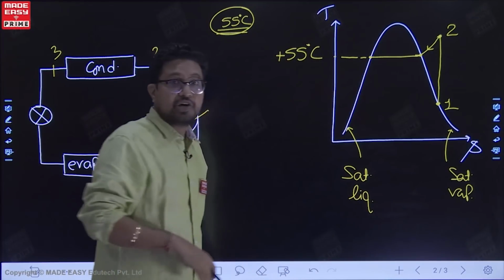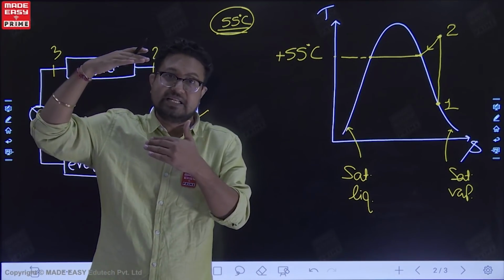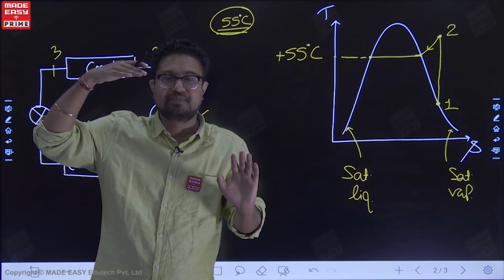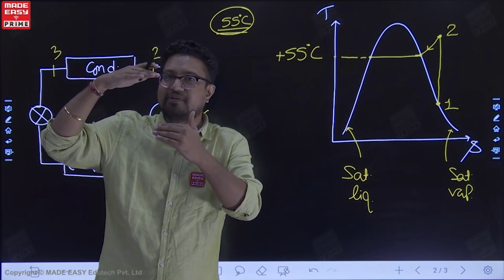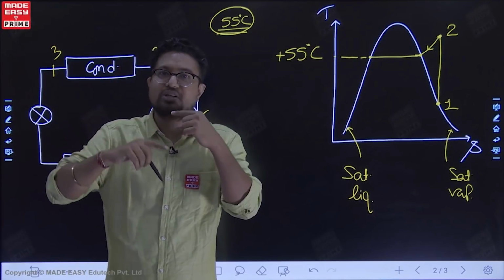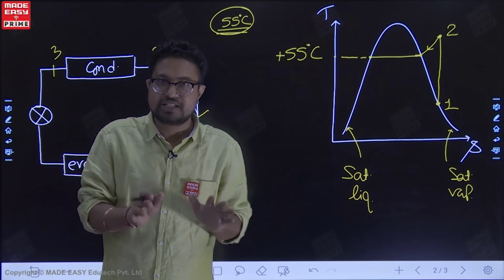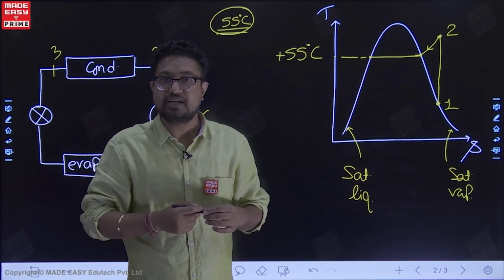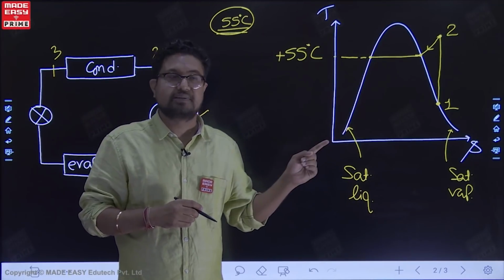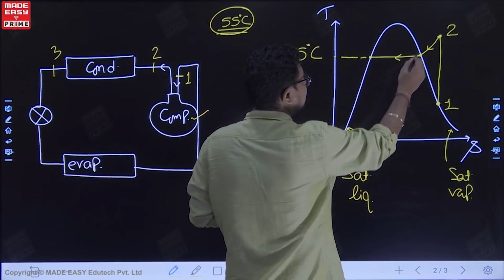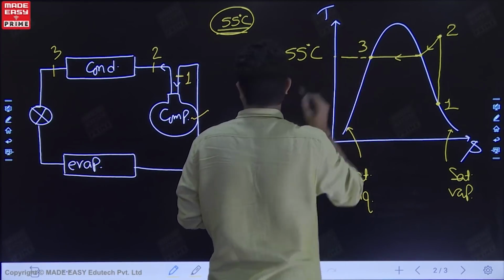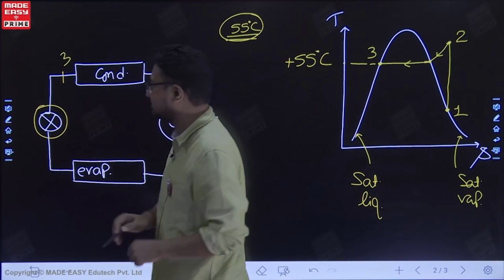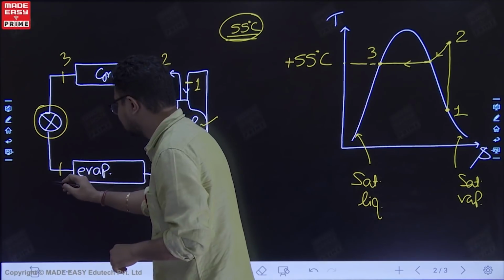That means you can be above surrounding conditions, that is, the surrounding temperature is 45, I have taken for an example, our temperature is 55. So you can be above the surroundings because during phase change the temperature is not changing, and you can continuously reject heat also. That is the benefit of the phase change process here. So we can reject a lot of heat. Now we are at 3. 3 is the entry to the throttling valve, 3 to 4.